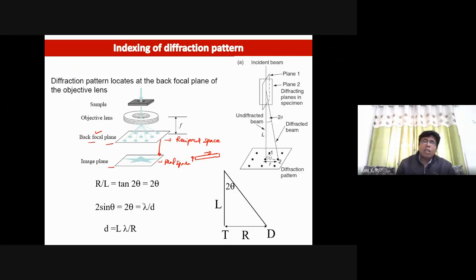The spot pattern is the difficult part. Before getting into that, let us start working on the ring pattern. For that, we need to understand a little bit of basics. Let's say you take this pattern that you have. This is what we call the incident beam axis. Now this is your transmitted beam.